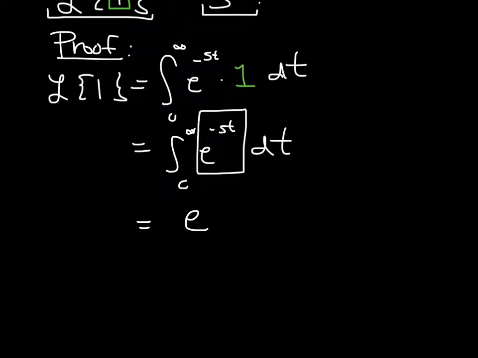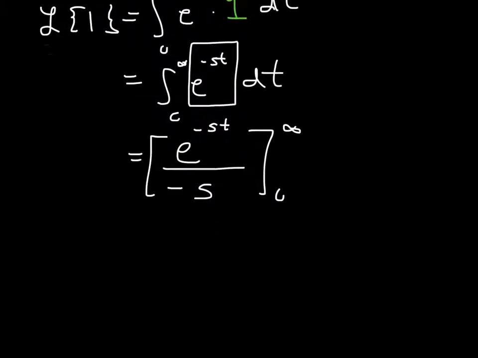The antiderivative is e to the negative st divided by the derivative of negative st, where t is our variable, so this is just negative s. We still have our upper and lower limits. I'm going to rewrite this as negative 1 over s e to the negative st